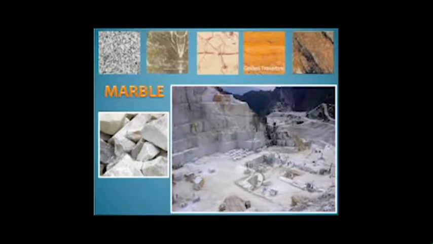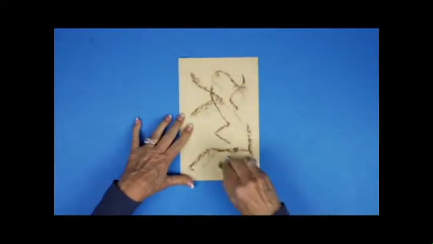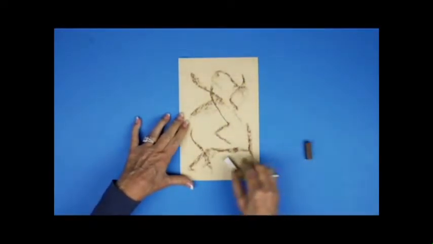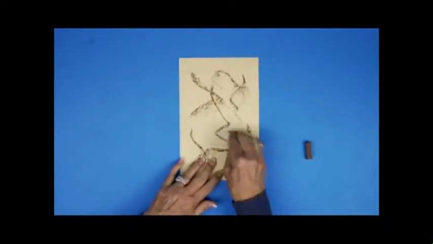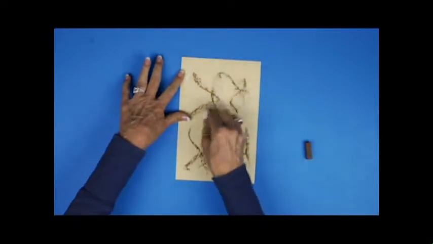Michelangelo most frequently used marble, which we will imitate with our special technique and art supplies. Marble has lines or veins and variations of amazingly beautiful colors. We will use the brown and white chalk on manila paper to simulate those qualities. Use the side of the brown chalk to lightly cover the two sheets of manila paper. This is done quickly, keeping the chalk flat on its side, either on an edge or the fuller flat side.